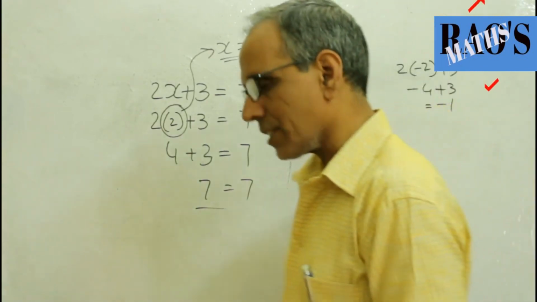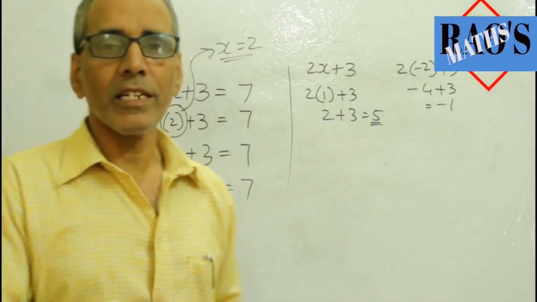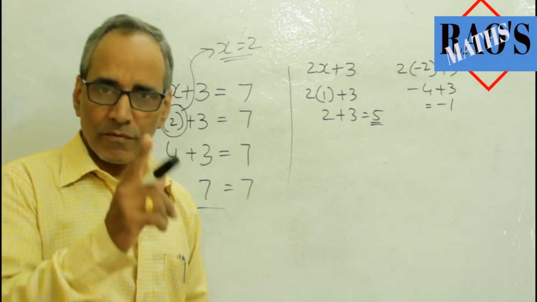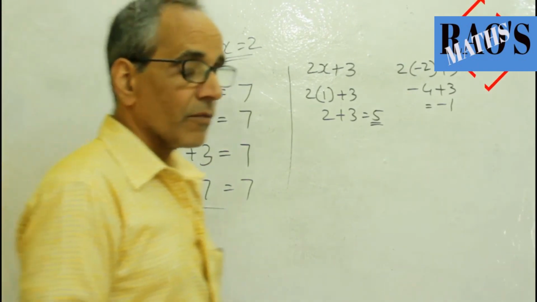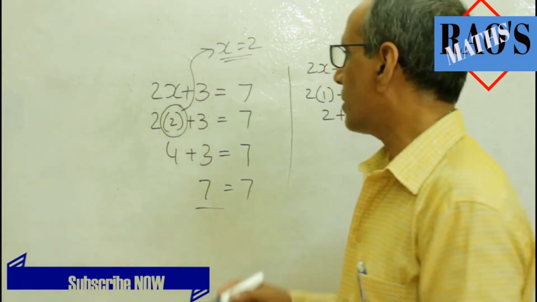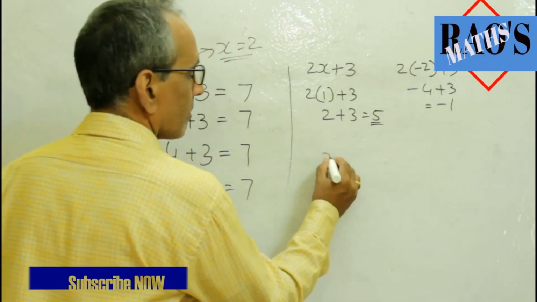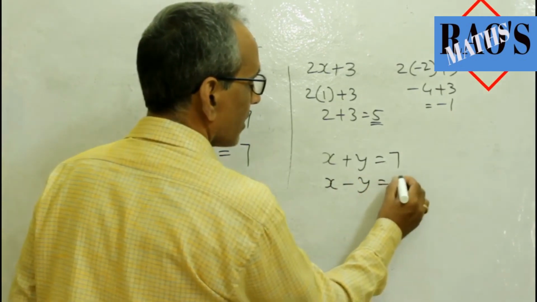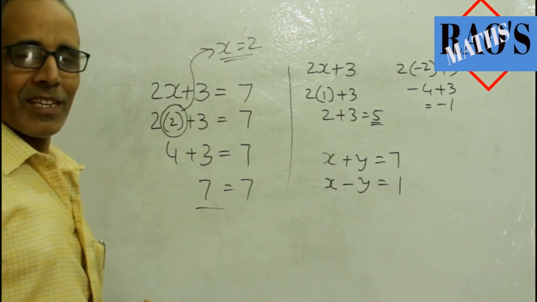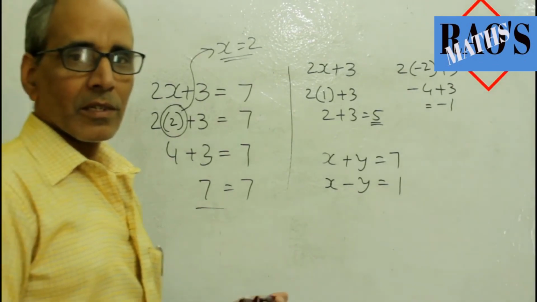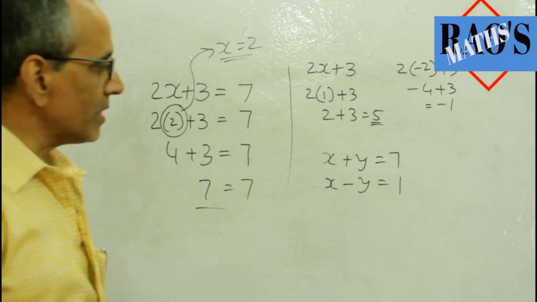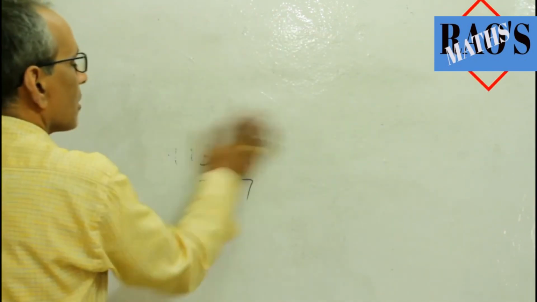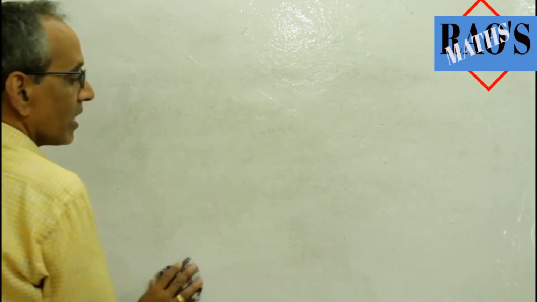What is called a linear equation? Quadratic equation. We get many types of equations in the higher levels. Here we study a linear equation of one variable. Of course, an equation can be formed by any number of variables. For example, x plus y is equal to 7, x minus y is equal to 1. Both are equations, but equations of two variables. And equations of one variable, we see here a linear equation. Here we study and also solve a linear equation.